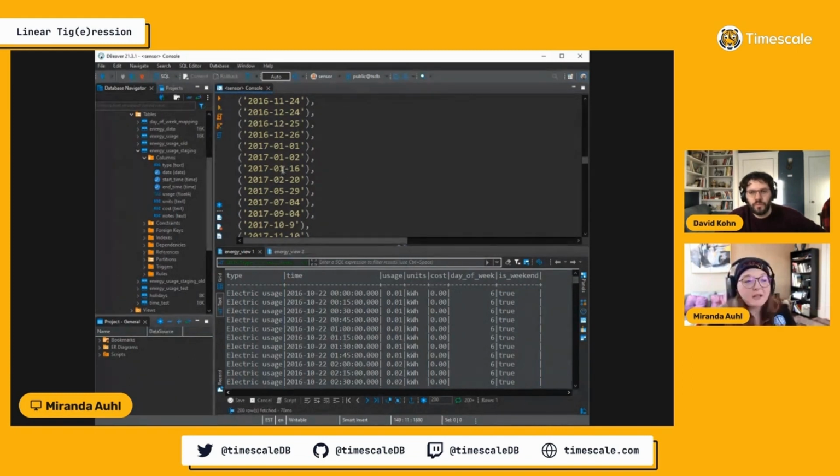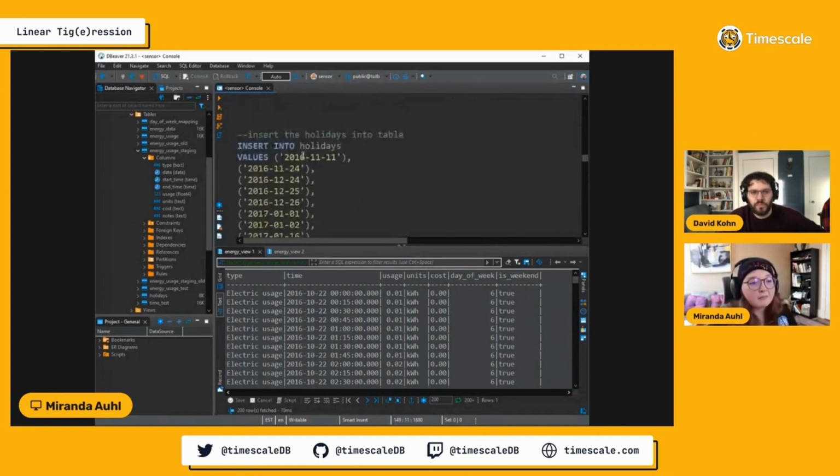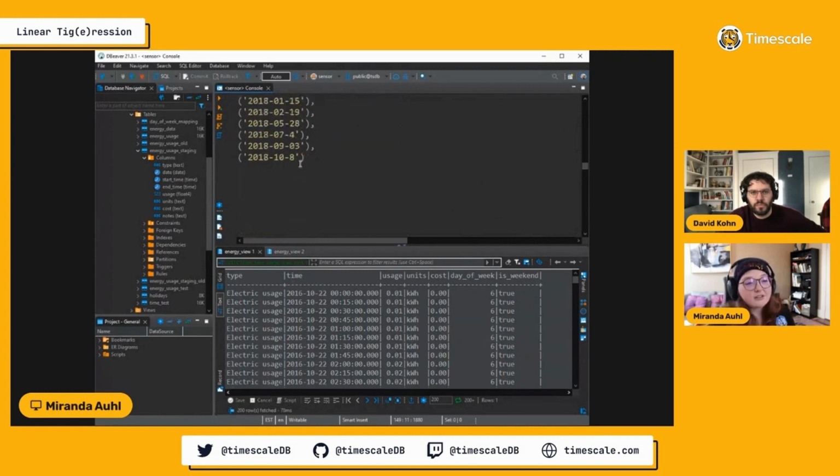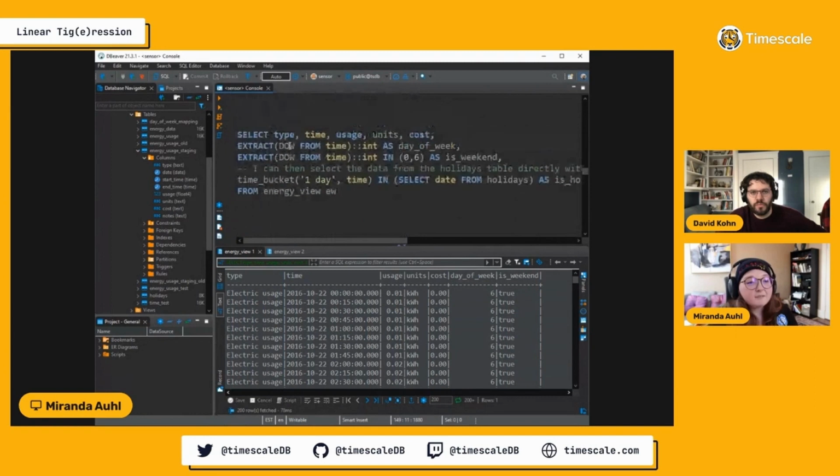I don't know, but that's a question that I would want to ask. So I just created a table called holidays, inserted all these date values, and then now I can select from